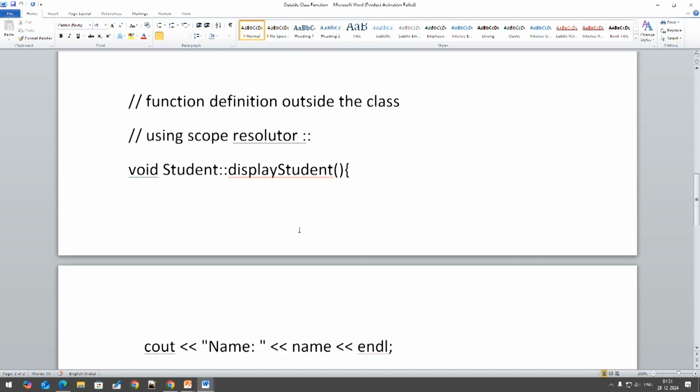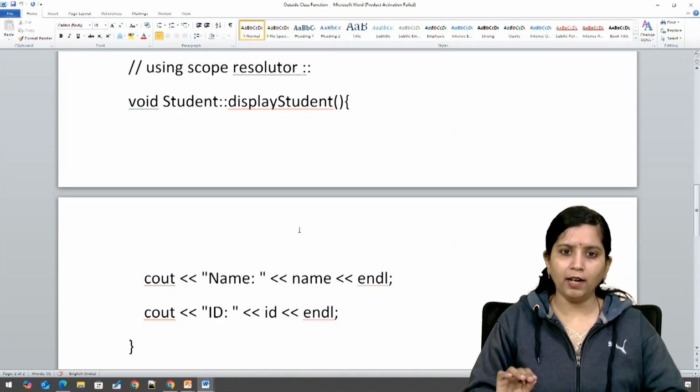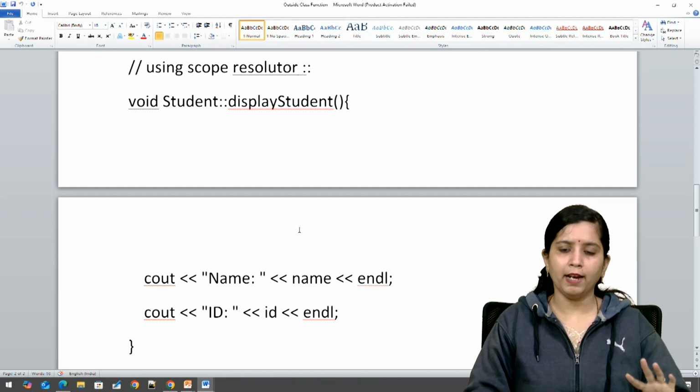And I used the scope resolution operator, that is void student, scope resolution operator, display student. In that function, I am simply printing out name and ID, just like the previous example.